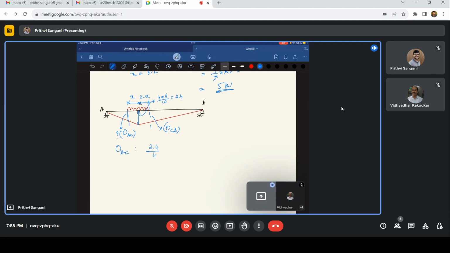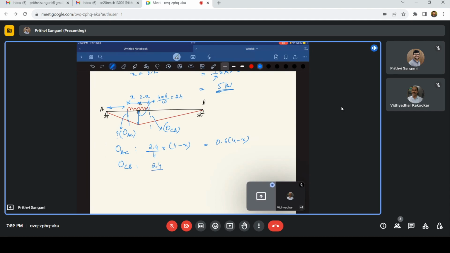divided by 4, that is the slope, multiplied by this length. Okay, so that length is going to be 4 minus x. So this is nothing but 0.6 times 4 minus x. Okay. Now the ordinate CB is going to be 2.4